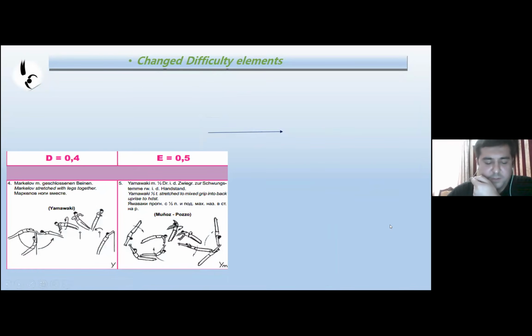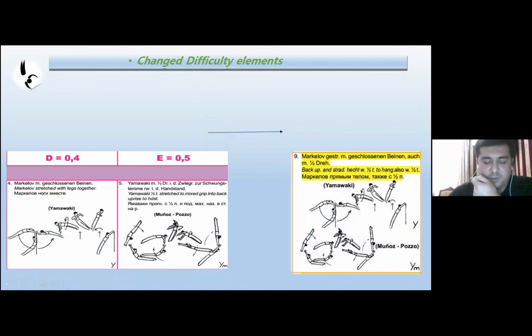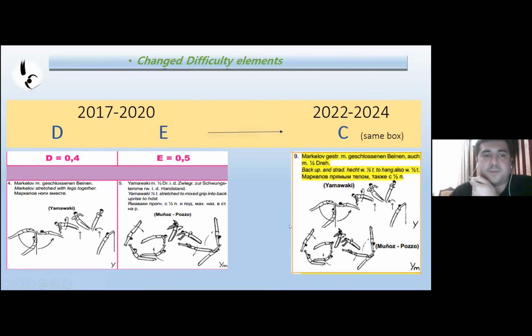Move to Yamawaki: Yamawaki and with half turn to mixed grip in the last cycle is value C. In the new cycle, Yamawaki is D and Yamawaki half turn is E value.